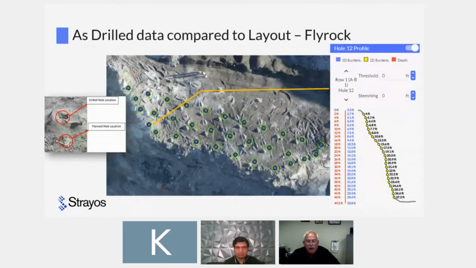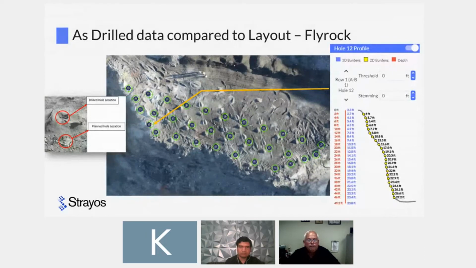And as fly rock comes from either the face or the top of the hole, if you have to move a hole, you're now changing your burdens, as well as moving energy closer to another hole. So what we're trying to do is eliminate that, or at least be able to record why we did that and see what happens with this.